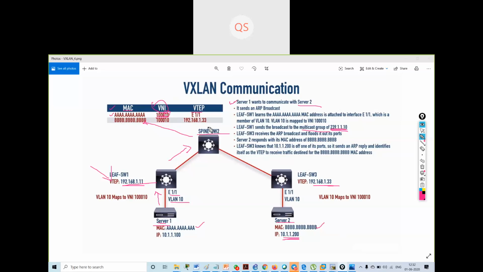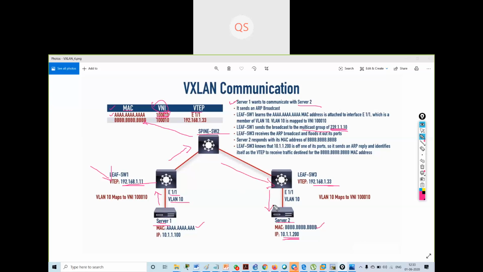Now when it gets the broadcast ARP sent via the multicast group, it is going to flood it out all the other ports. Got it? So now the request reaches server 2.